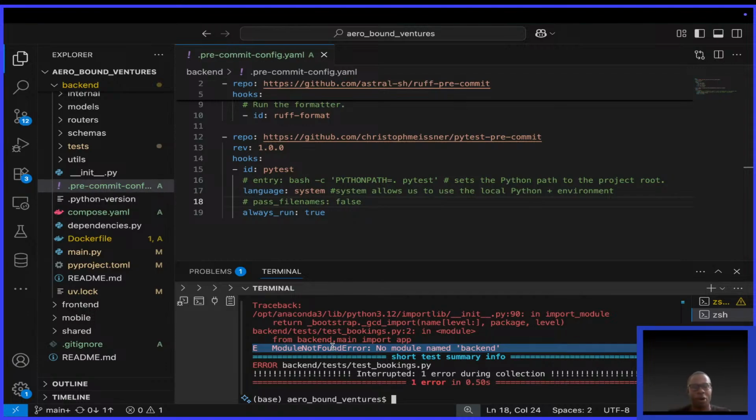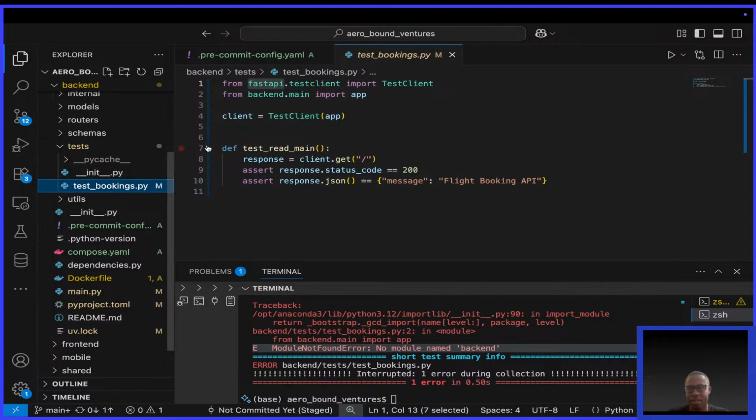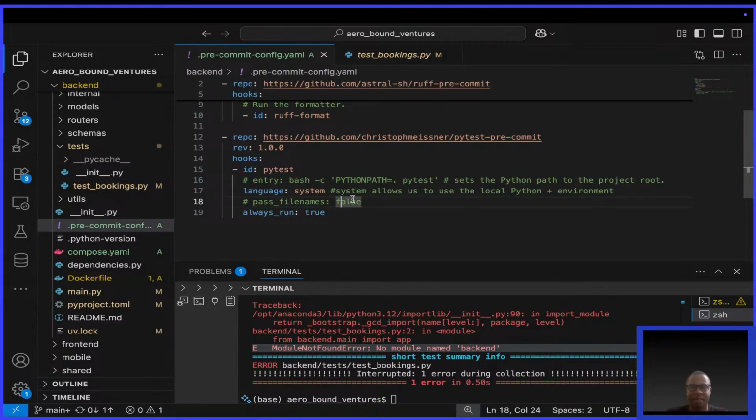module not found, no module named backend. That was happening in this test file, backend.main.py. After doing some research, I discovered that the solution is to tell this pre-commit tool that our Python path is at this location, so that it can find backend. And to do that you use this